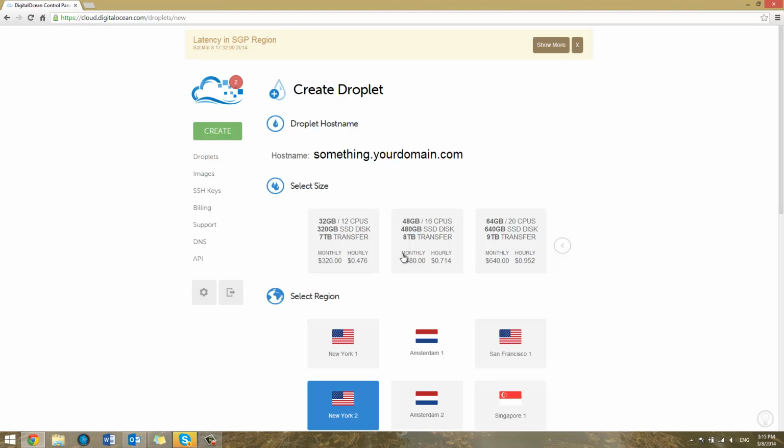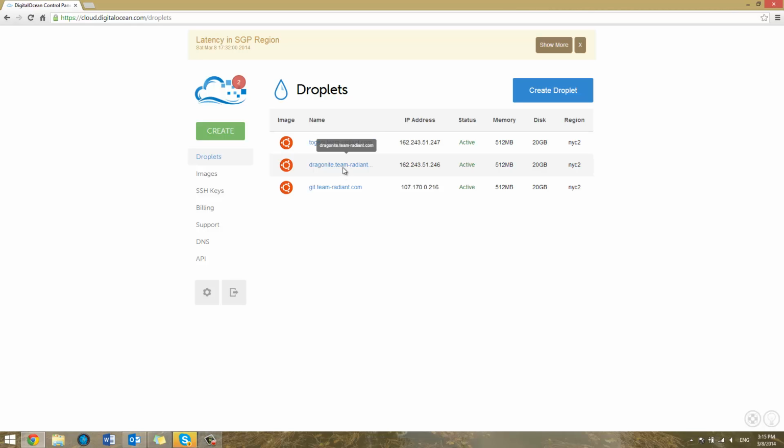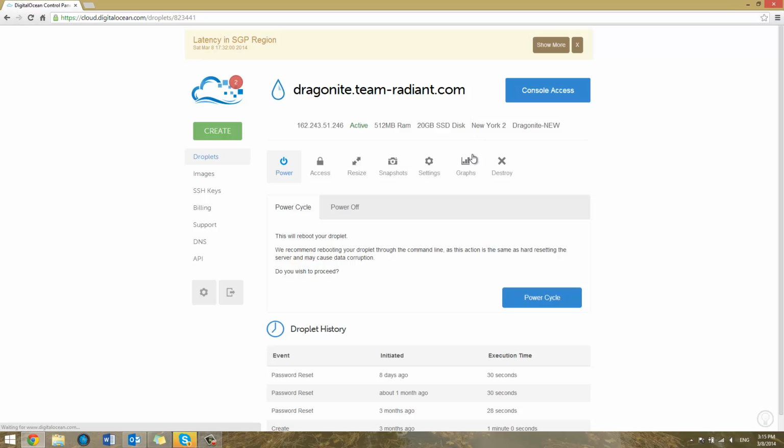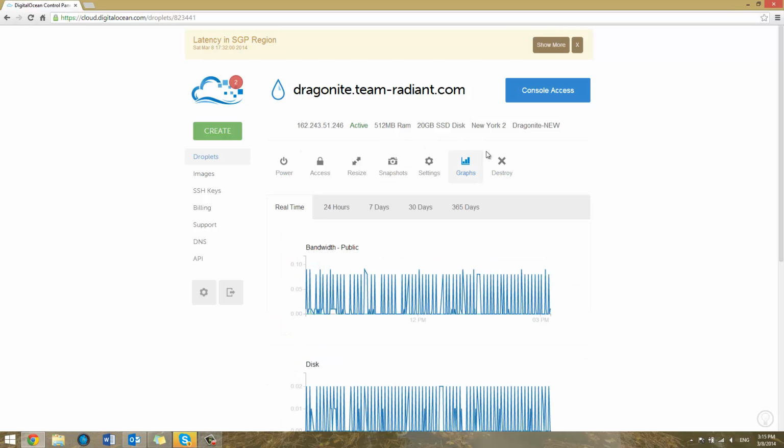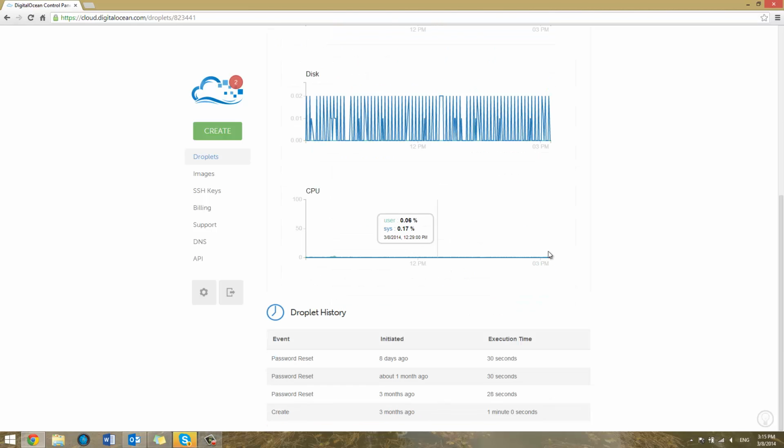So anyways, basically overall I like DigitalOcean. I like what they're trying to do. They're trying to help out all the developers, which is very nice. It's unmanaged, but if you know what you're doing, you should be able to understand how to exactly use it. So yeah. As you can see, you get some cool little graphs here, so you can see what exactly the usage is, CPU,